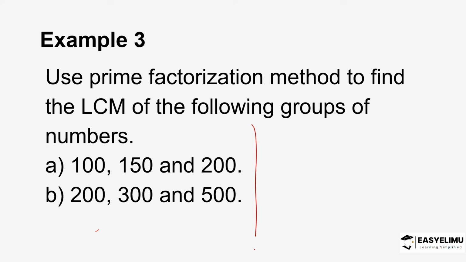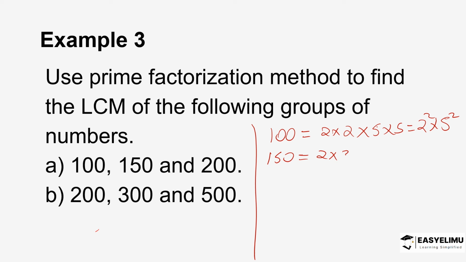So let's see. 100 as a product of its prime factors will be 2 by 2 by 5 by 5, which is 2 power 2, and 5 power 2. 150 will be 2 by 3 by 5 by 5, which is 2 power 1, 3 power 1, and 5 power 2. And then now we have 200